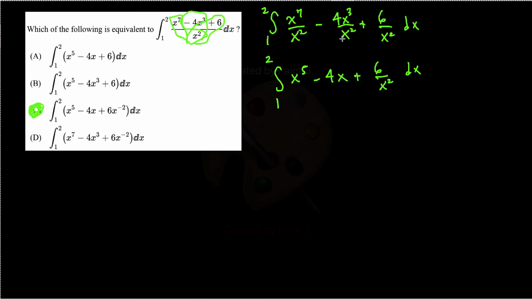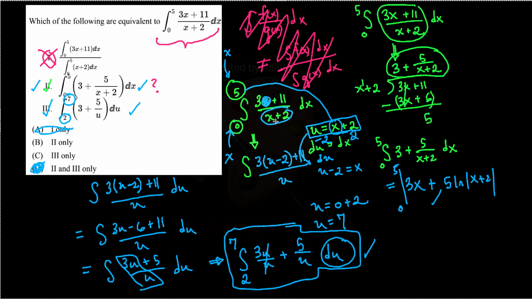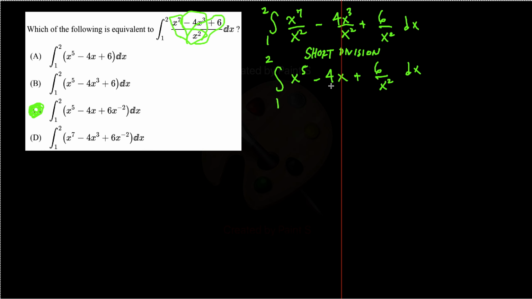You could do this, and this is called short division. The long division is what we did in the other one, right? This is called short division, where we just break it up along the numerator. This one, where did I do that division? Over here, right? This is the long division right here, when I did the 3x plus 11 divided by x plus 2, and I got this here on the top. That's called long division. The short division is just when you break it up along the numerator,